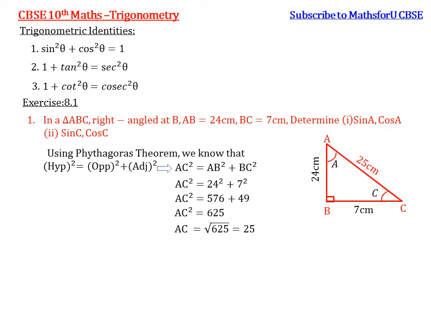Now we will find out the values of sin A and cos A. So sin A, what we will get? Normally sin theta formula will be opposite side by hypotenuse. Considering the angle A, opposite side is BC and hypotenuse is AC. BC by AC, that is equal to 7 by 25. The next one will be cos A, that is again same angle A, adjacent side by hypotenuse. Adjacent side is AB, hypotenuse is AC. So 24 by 25.